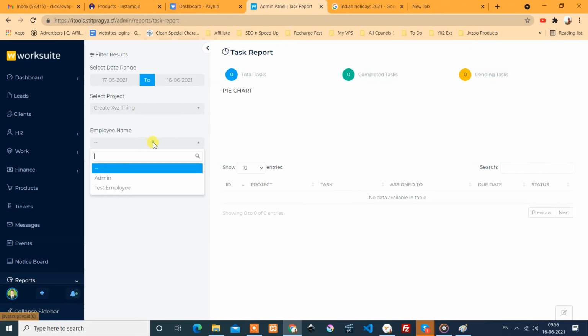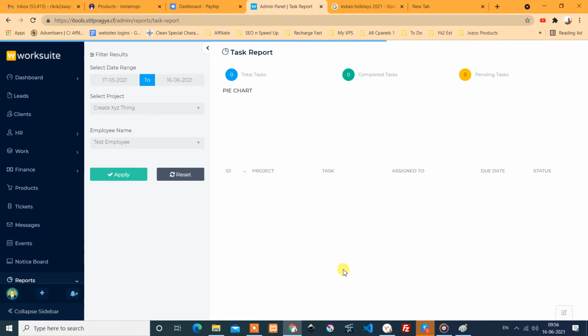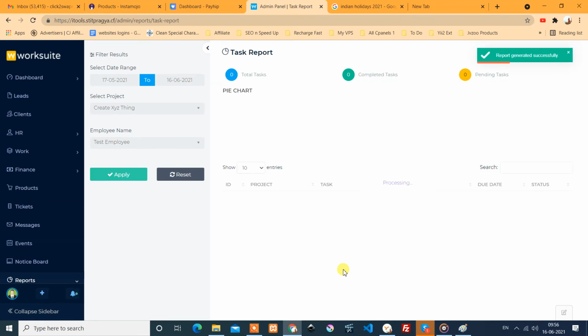Also I have to select that employee. Currently that admin has not logged in and applied for that task. He has not taken his task, so all those reports will be available here when that employee logs in and selects that task.